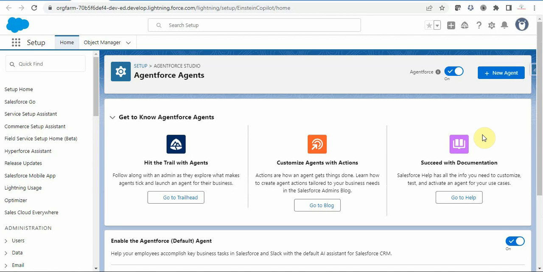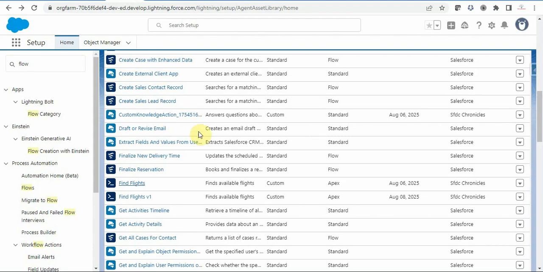Now once you enable everything, where can we use standard lightning type? Salesforce provides a few agent actions out of the box that already use standard lightning type. For our demo purposes, we are using the create case action. You will see the standard lightning type used by this action, and I will show you how it looks in the agent chat window. To get there, what you need to do,